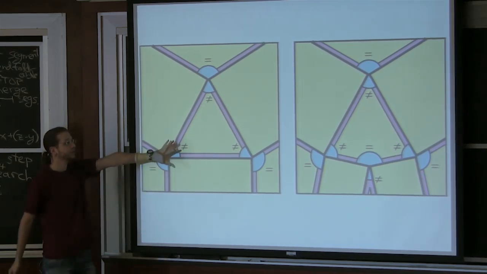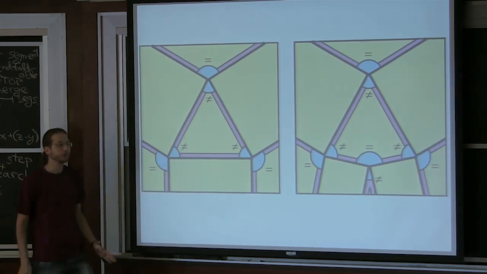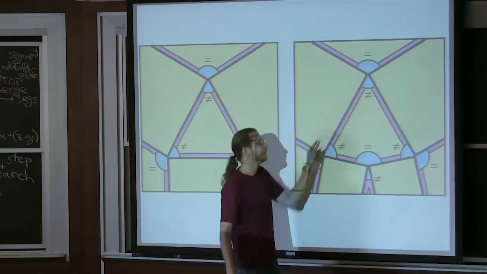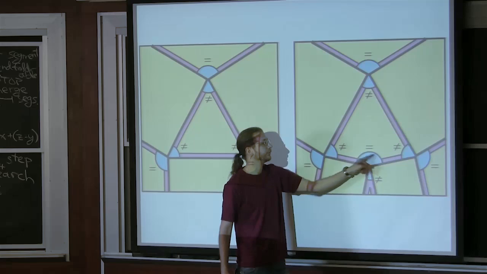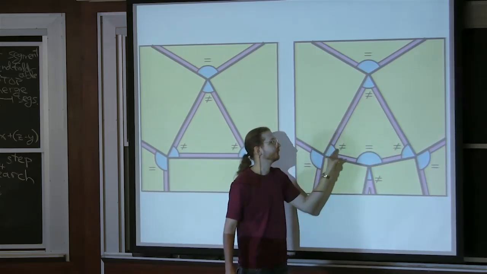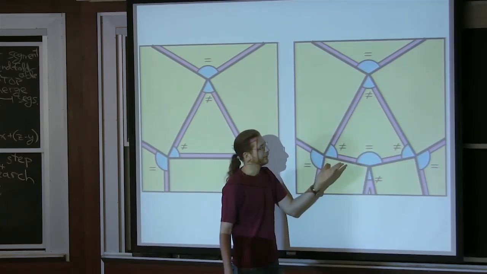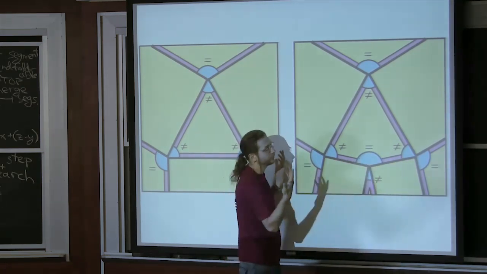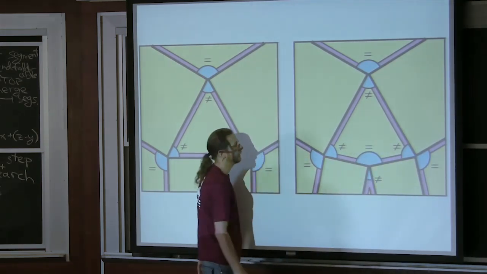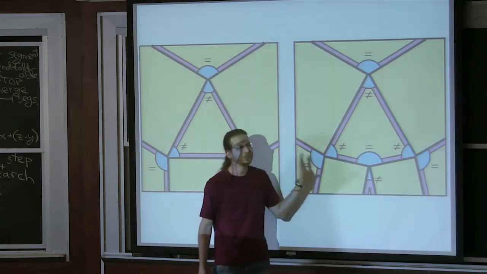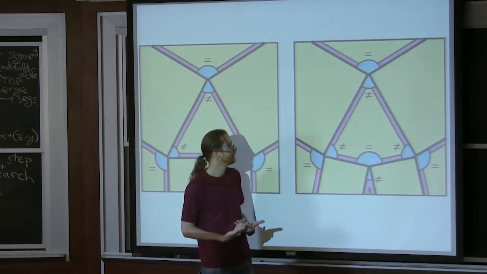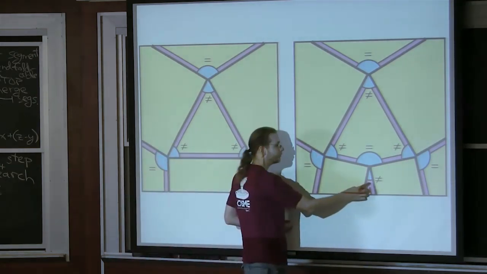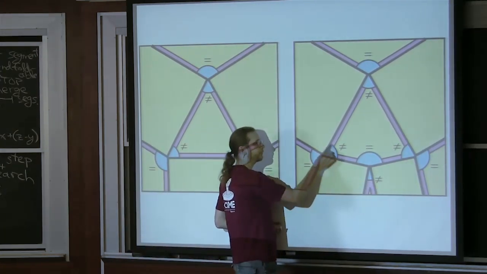If it's ever an odd number of not equals, you're in trouble. Here's an example where the cycle is even, but we end up with an equals here, and so the number of not equals is still odd, so this is also bad. I mean, it's just replacing this segment with two equal creases, so still can't assign a mountain or valley. But these are kind of simple examples. These are cycles, and everything was uniquely determined here. You had to crimp this guy first, you had to crimp this guy first.